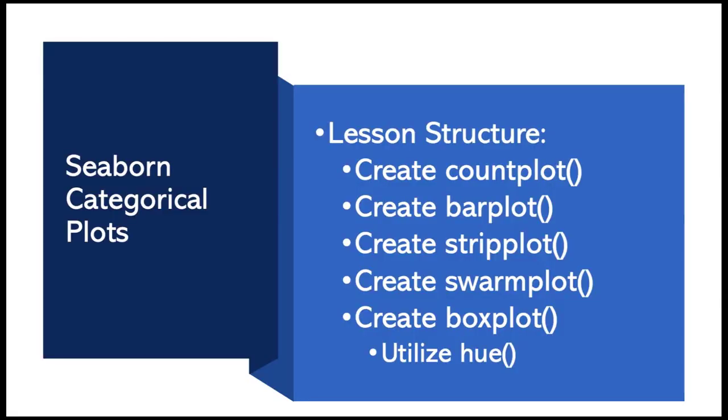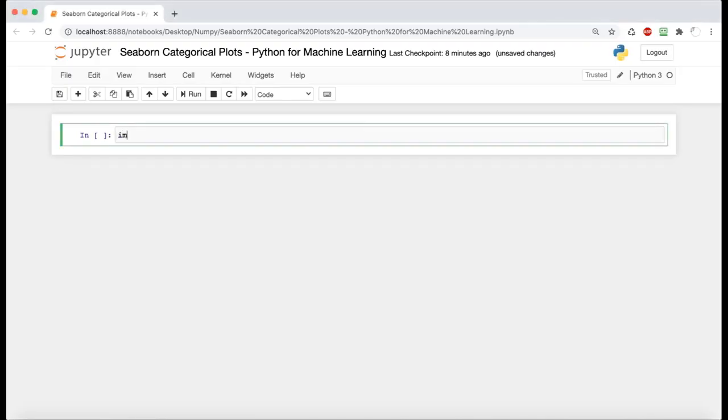In this video, we're going to be exploring Seaborn categorical plots. We'll learn about creating a count plot, bar plot, strip plot, swarm plot, box plot, and to utilize hue. Let's jump right in. Okay, so for this one, we're going to start out by importing Python library Seaborn, as